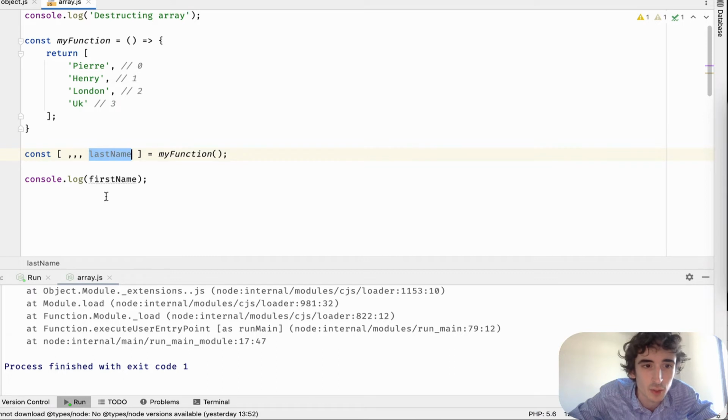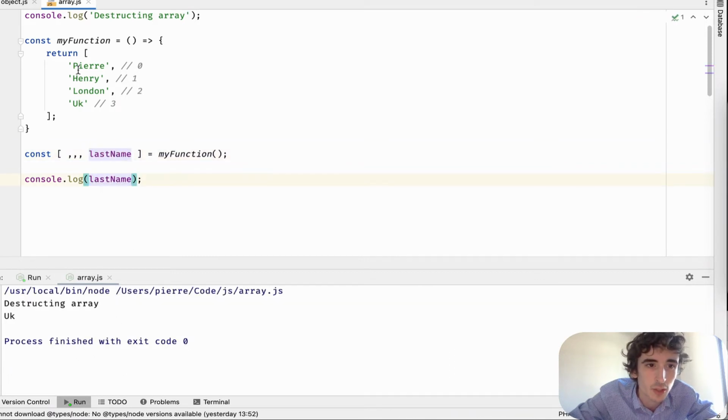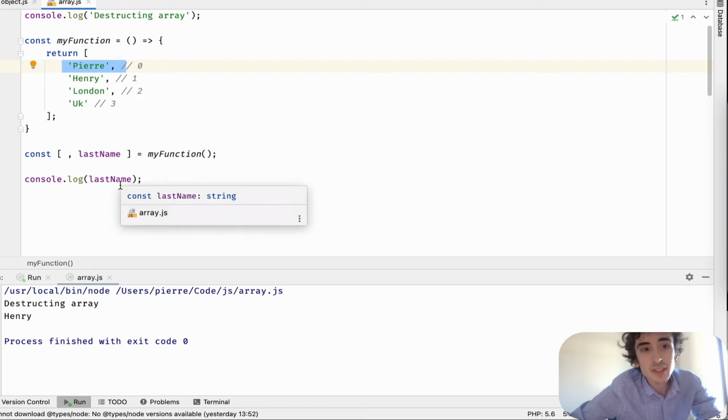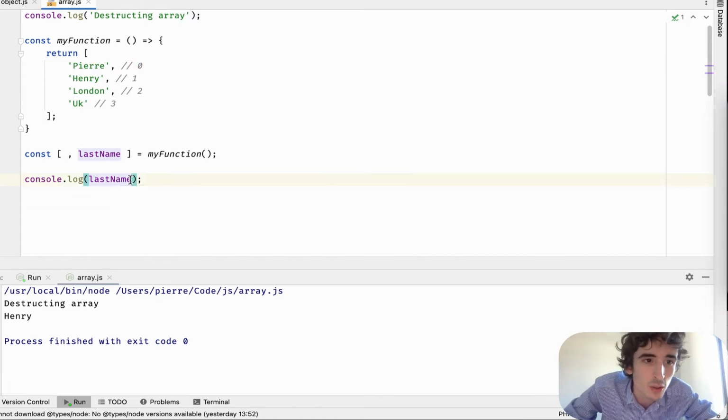And last name, oh yeah, obviously this one is not defined. So that's UK because 1, 0, 1, 2. So now if I want to have London, I skip the 2 first ones, so I have London. If I want to have Henry, I skip the first one, I have Henry. However, this is not really readable. I could also do, obviously,